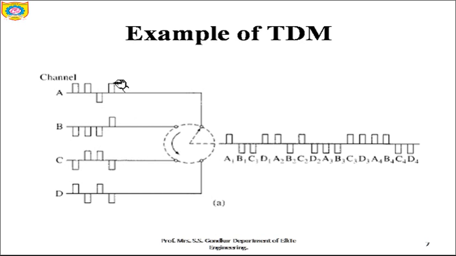Now, one frame will be completed when all users complete their first unit. So this is the first unit which I have marked. This is to be completed in order to form frame 1. So you have A1, B1, you can see it is coming downward, then C1 and D1. So this is your one frame. Similarly now you can transmit frame 2, frame 3, frame 4 and so on.